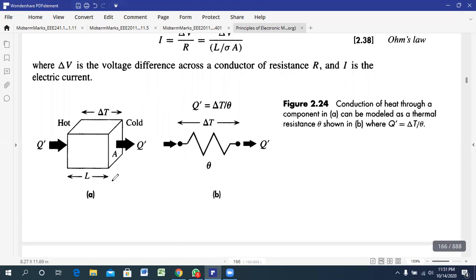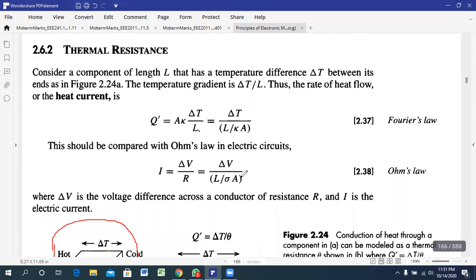So this one is 2.24. This one is a metal, and its length is L. On the left side the heat is Q prime, and the temperature difference, that means the temperature between the hot side and the cold side, is delta T. Then we can write down the rate of heat flow, that means the heat current Q